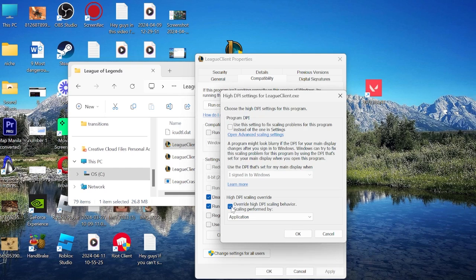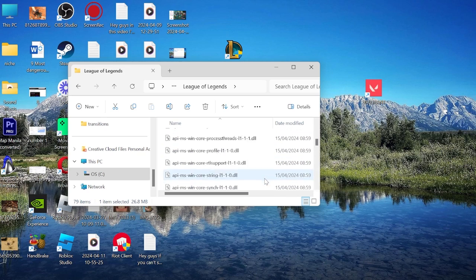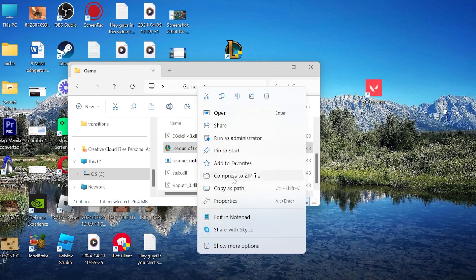Now at the bottom here you want to make sure this one's ticked where it says high DPI scaling override, and you want to make sure it's set to application and you can press OK, and then apply OK to save the changes. Then once we've done that we need to scroll back up into the game folder, and then if we head down to where it says League of Legends, we want to do the same thing again